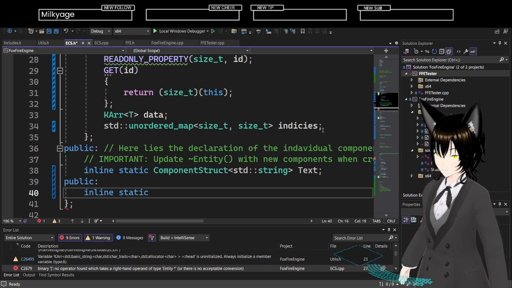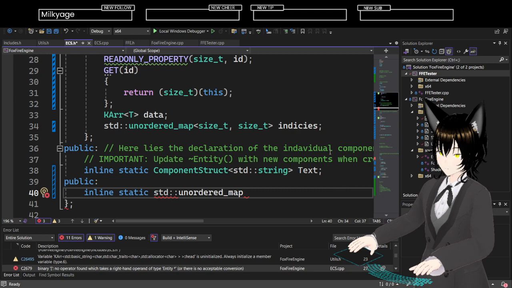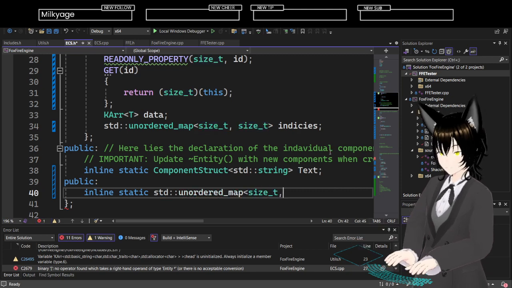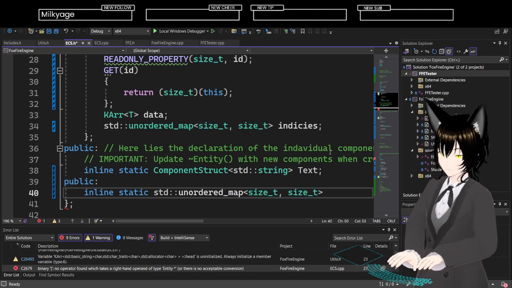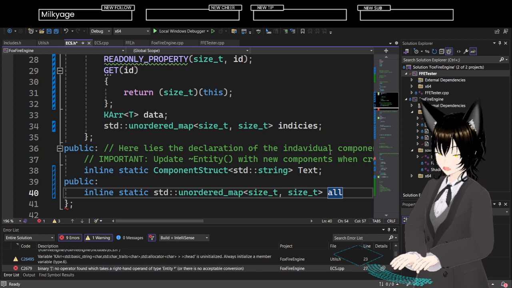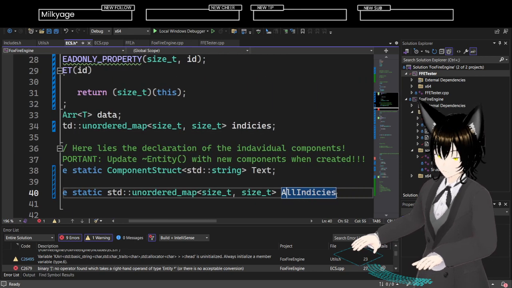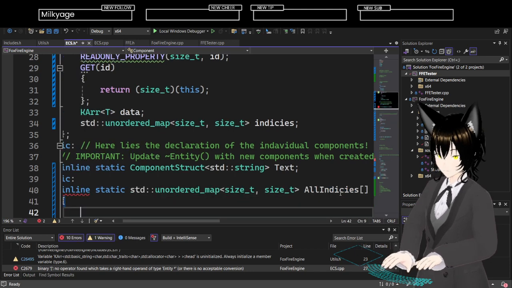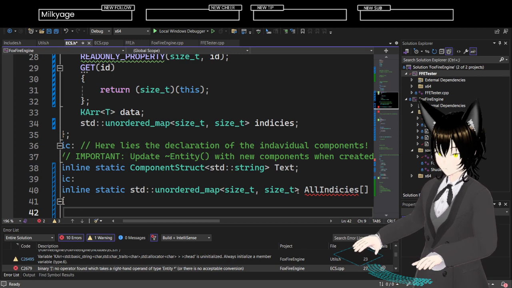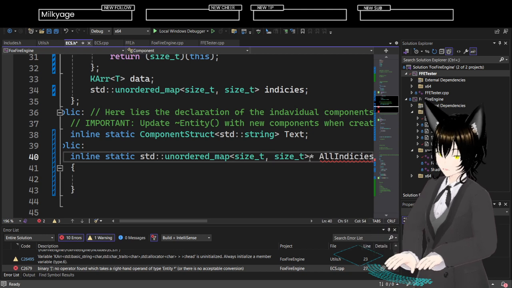Because it'd be an array of std unordered map type size t, size t, all indices. I'll get this all indices. Pointers.